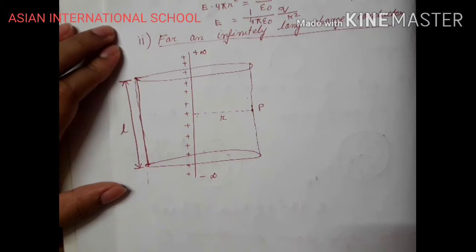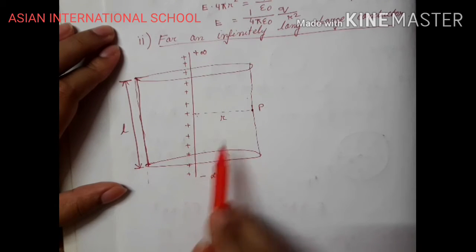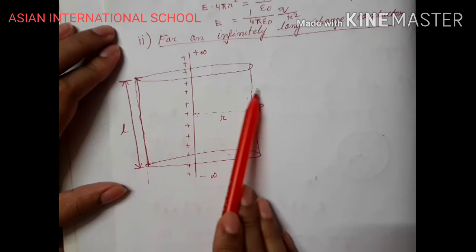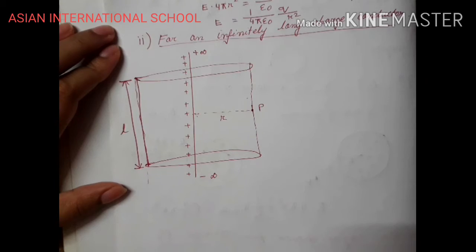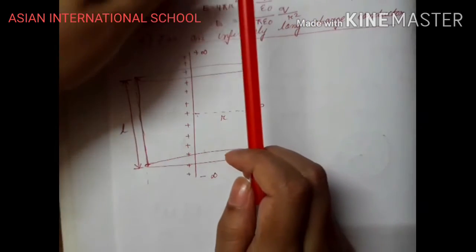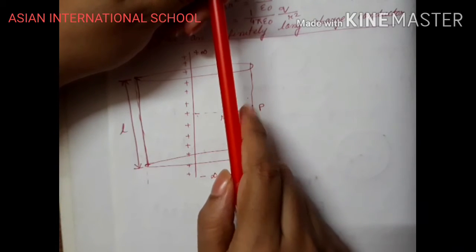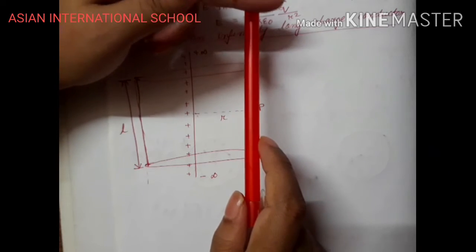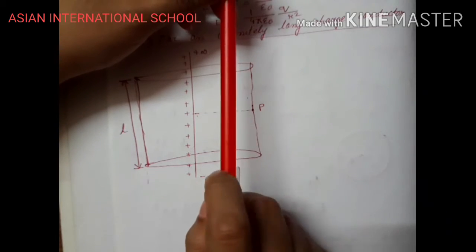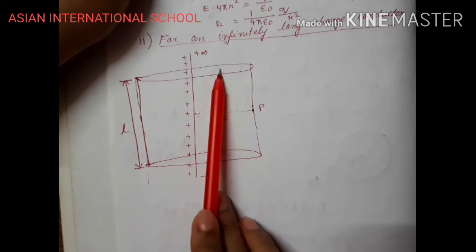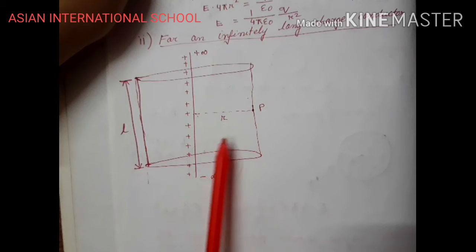Now, if you see, this Gaussian surface does not have only one surface. There are three surfaces. It has a curved portion. If you consider this particular pen, there is a curved portion for this pen. It's not a cylinder, but if it were a cylinder, then there will be a topmost portion and a base. Both the portions are flat, and there is a curved portion.